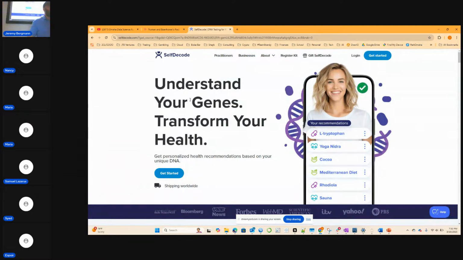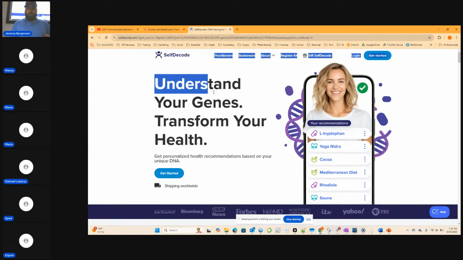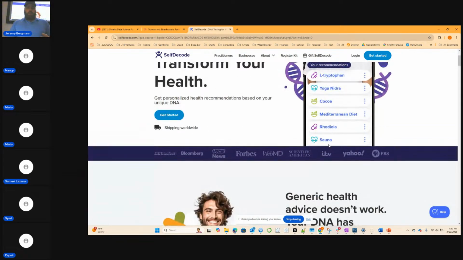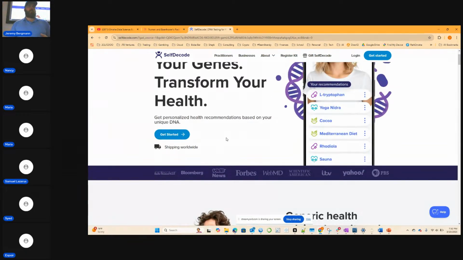Maybe if you're lucky, you have a running history in some system, but often it's incomplete too. So they're trying to bring together the records from different systems and then add that type of DNA information. We were looking at Self-Decode. They have AI, and then they have recommendations based on your DNA analysis and potential health challenges. And this type of stuff is just getting started.